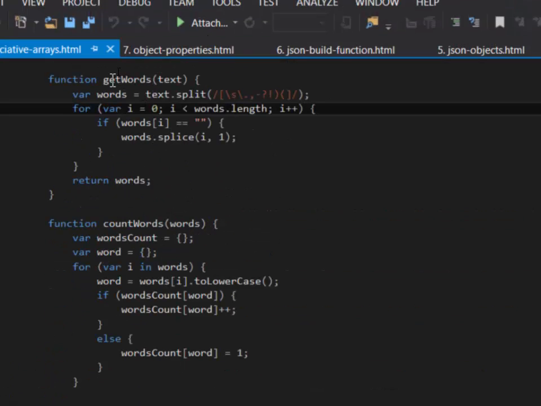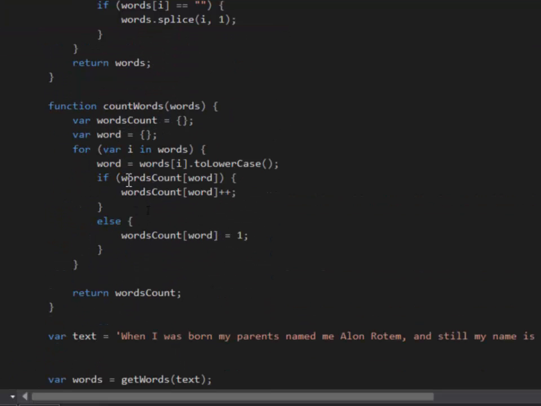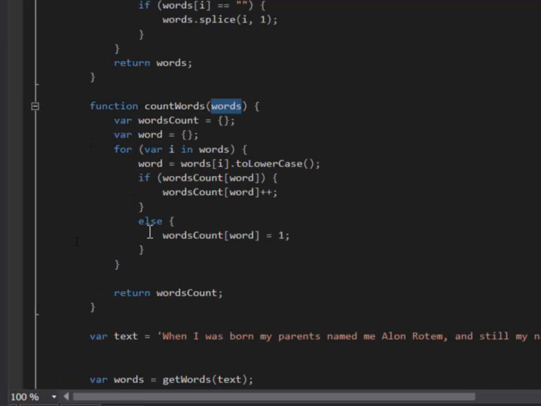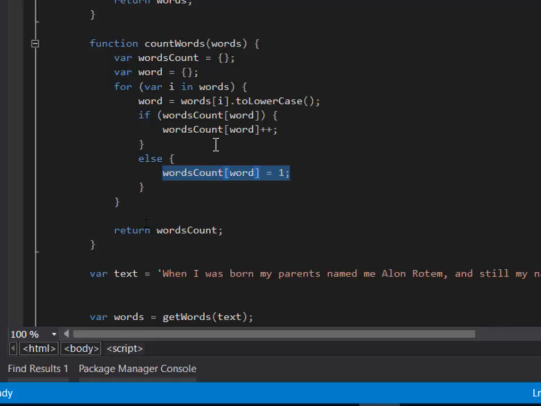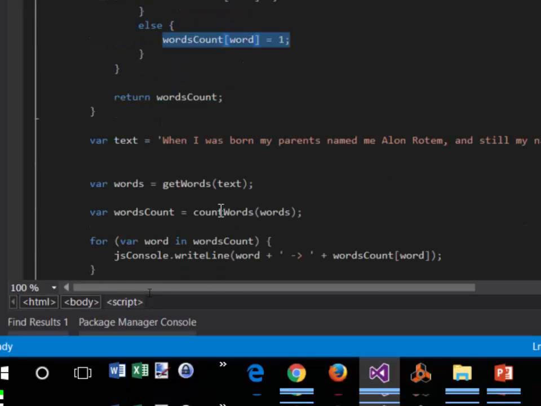So we have getWords and we have countWords. CountWords is actually the one we saw in the slides. It goes through words in our object or array with a for in loop and checks if a word is already in this word count array object, and adds a counter every time, counts if the word already appeared there. So this is a simple word counter,